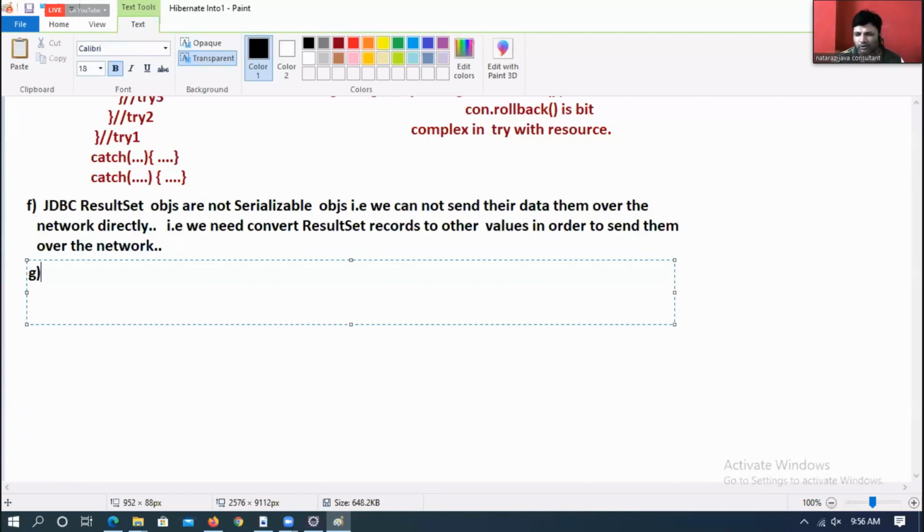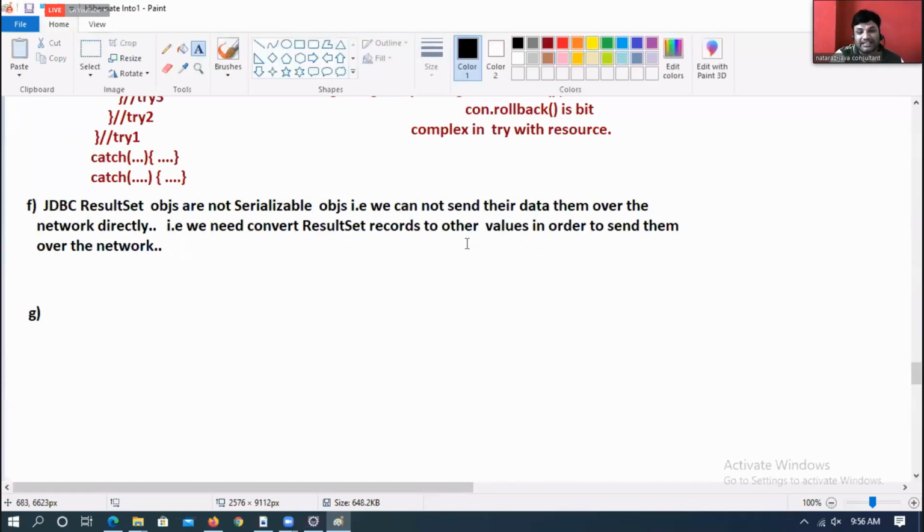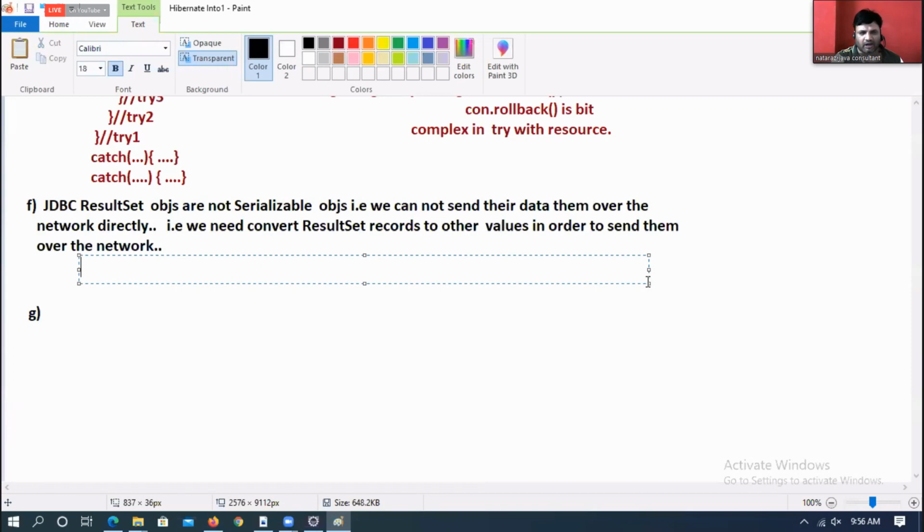But we cannot do serialization on every object. Serialization is possible only on those objects that are serializable. Objects become serializable when the class of that object implements the Serializable interface. Are you understanding my statement?